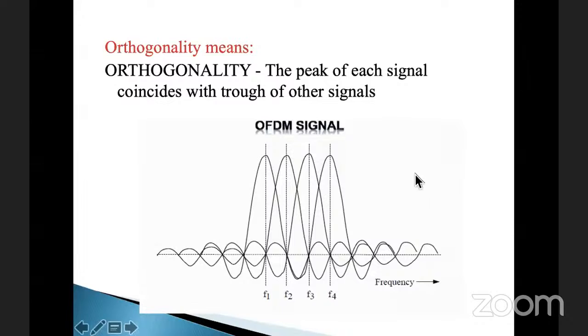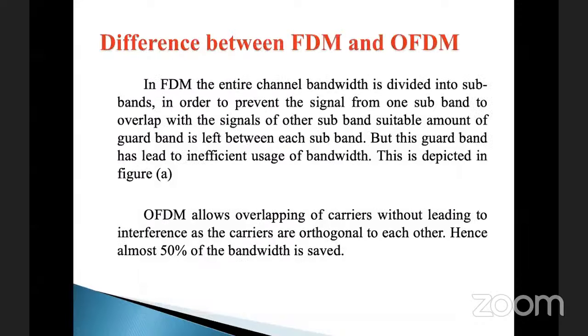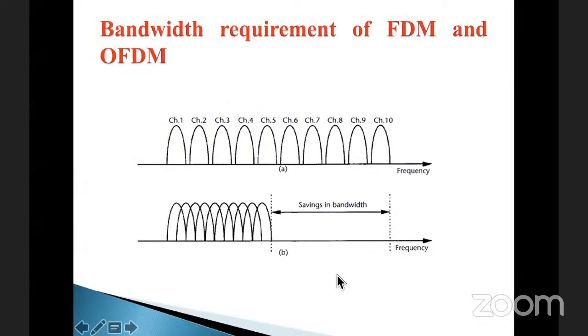That is orthogonality. And we know what is orthonormal. Orthonormal in the sense of unit energy. Suppose each signal has unit energy and is normalized, we get the orthonormal basis functions. So then you may ask some questions regarding what is the difference from earlier, because we have used a frequency